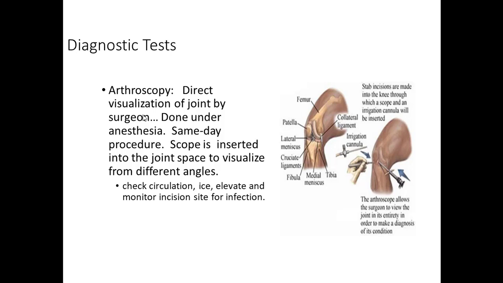A 3, there's movement possible against gravity, but they can't move it if you're trying to hold it down. When the doc is doing an assessment or you're doing a neuro assessment, you can say, here, push against my hand. They can't push against resistance. A 4, movement's possible against gravity and some resistance. And then 5 obviously is full strength.